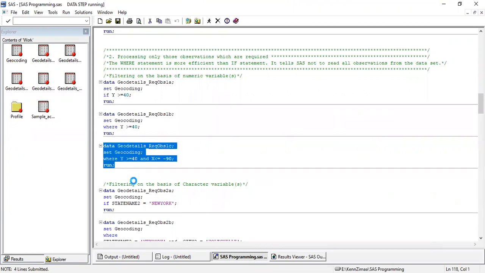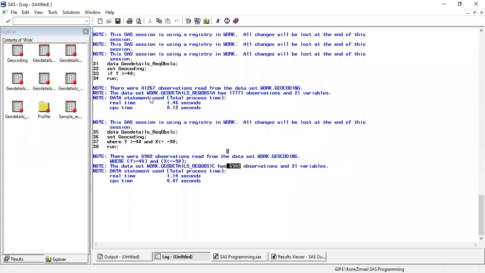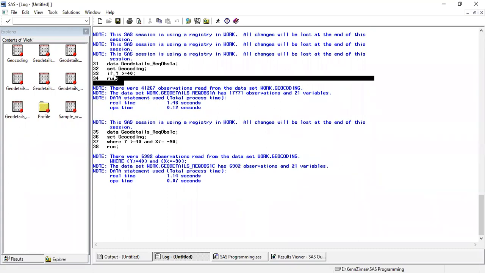Okay, so when I run this, if you see here, I have only 6982 observations. In my log window, this is the last code which I ran, where I gave the condition y is greater than or equal to 40, and it returned 17,771 observations.